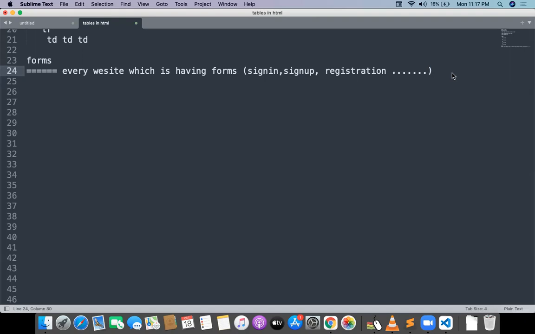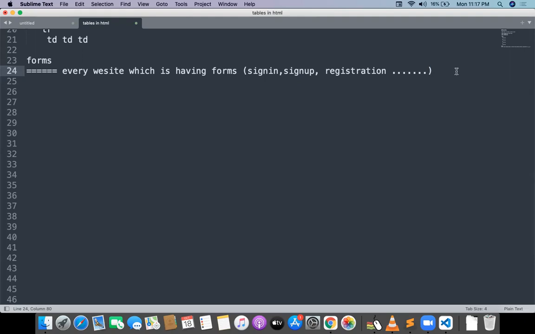You take any website, it will have some basic requirements like sign in, sign up, and some people want to give a registration with the hotel, registration with the Aadhaar ID, registration with your personal details, whatever it is.